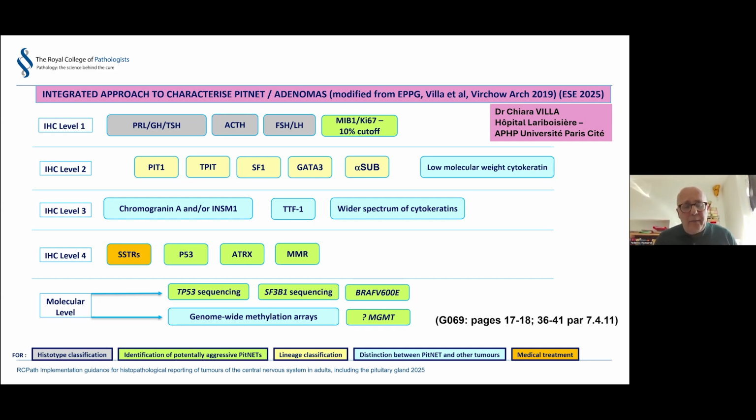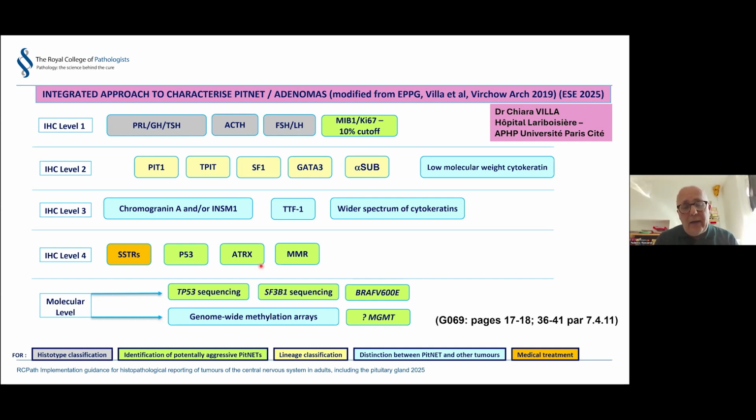Some of the stains that we put as level 4 help identify potentially aggressive tumors. P53 is losing momentum, but is still helpful in corticotrophs. Sometimes they are subclonal. So you find 10% of the tumor with strong positivity, and the rest is negative. When they recur, the positive clone becomes 50-70% and eventually becomes the predominant one. ATRX is always very helpful, with the same immunohistochemistry protocol as we use for gliomas.